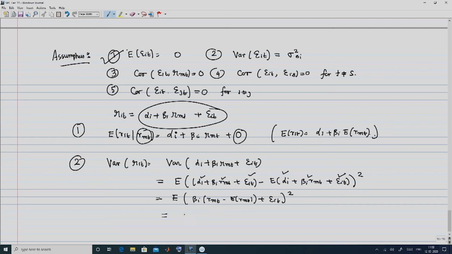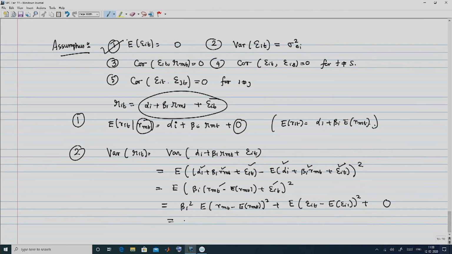So, the square is going to give me beta_i square into the expected value of R_mt minus E of R_mt whole square, plus the expected value of epsilon_it square. Now, this can be written as the expected value of epsilon_it, which is 0, squared, plus a term which involves covariance of R_mt and epsilon_it, and that is going to be equal to 0. So, this becomes beta_i square into sigma_m square